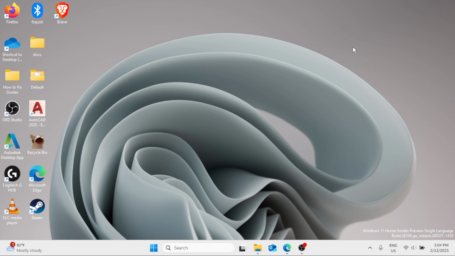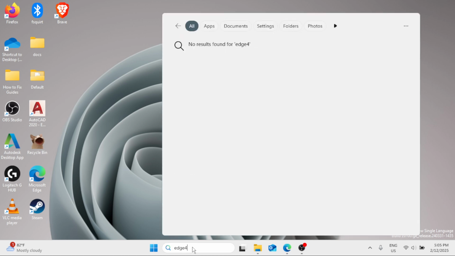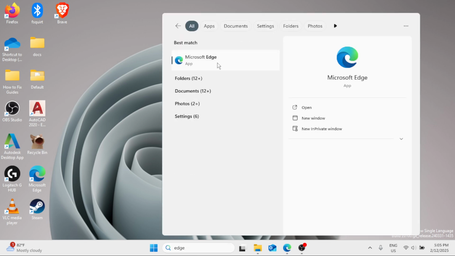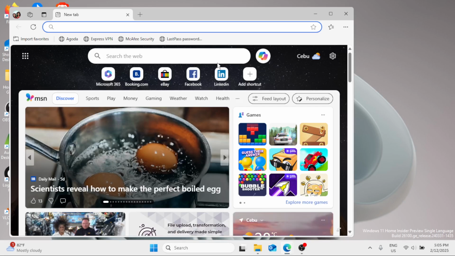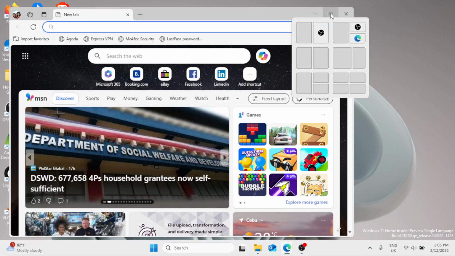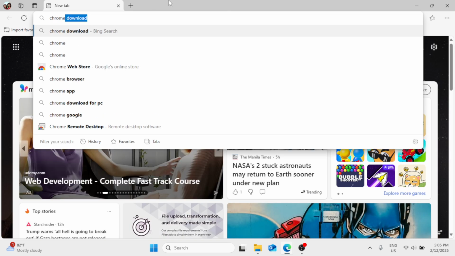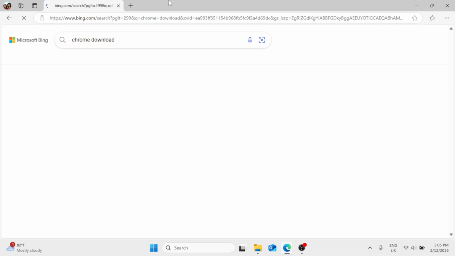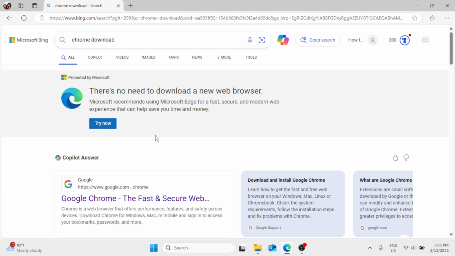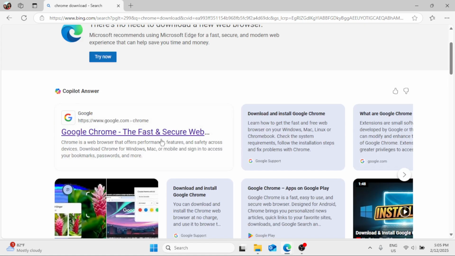Then we need to open Microsoft Edge, which is the default browser of our Windows. Now, how can we open Microsoft Edge? In the Windows search bar, type Edge, best match, click on that. Now here in the Microsoft Edge browser, let's maximize this first. In the search bar, type Chrome download, hit enter. Now in the list of results right here, do not click on any other result except for this,